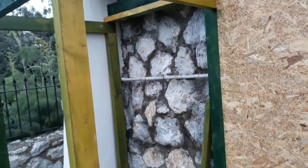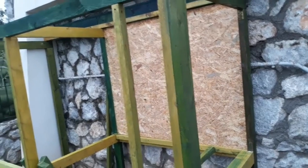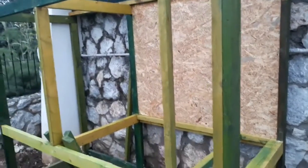This wall here I'll probably just do with OSB as well, because it won't really be seen very much. But all the front and this side will be using tongue and groove and make it look much nicer. These are the two sides that will be seen. So this area here will just be blocked in with tongue and groove, but this area here is going to